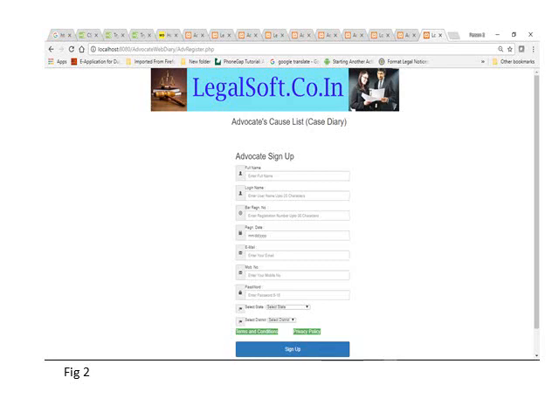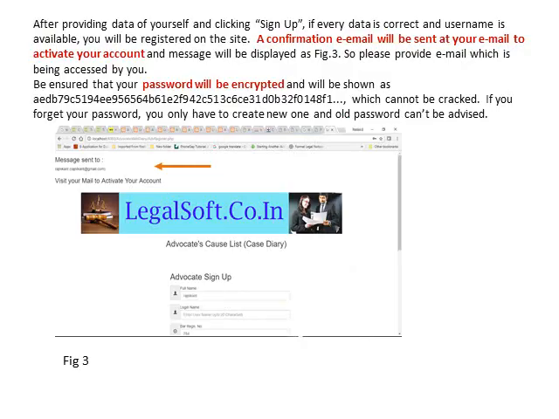Before signing up, you have to read terms and conditions and privacy policy of legalsoft.co.in. If everything is correct in these fields and username is available, then you will be registered on the site.